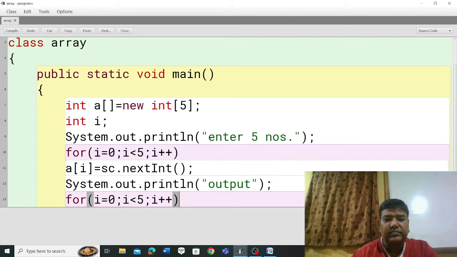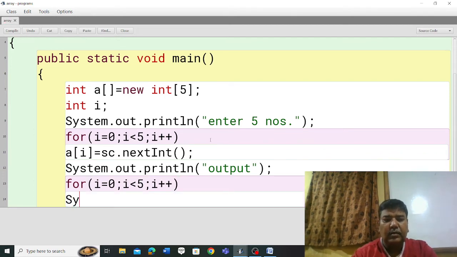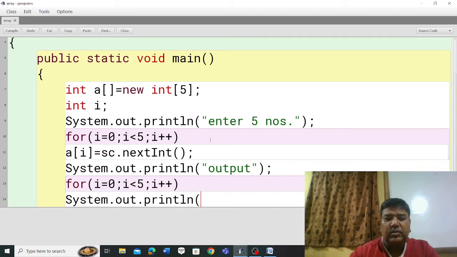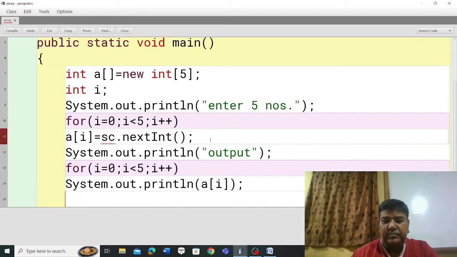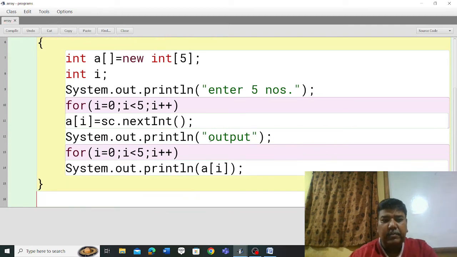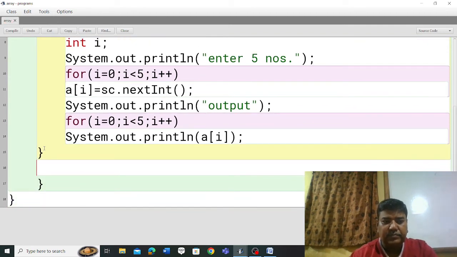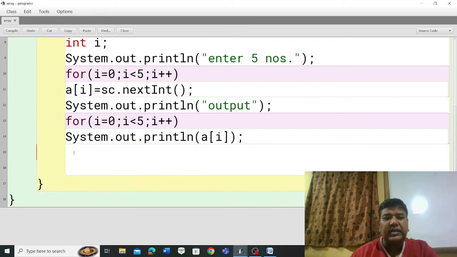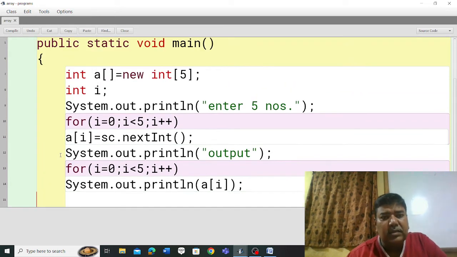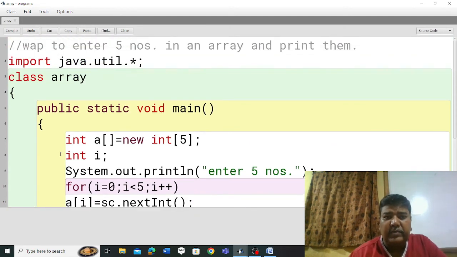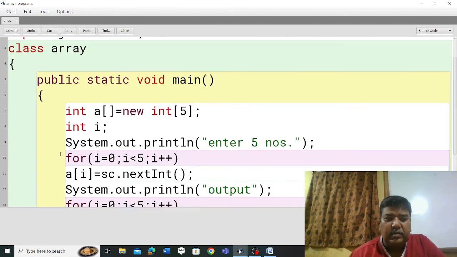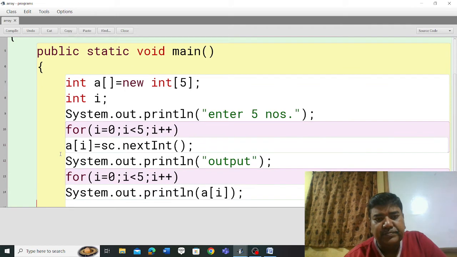System.out.println(a[i]). Then close the program. No closing brackets are required to be typed, BlueJ is automatically giving closing brackets. This depends on the version of BlueJ, every computer may not have the same version.